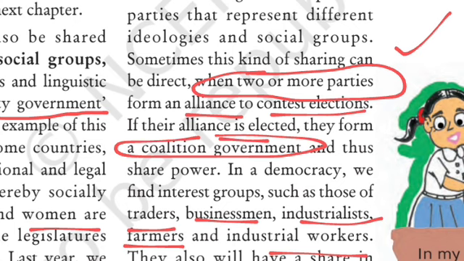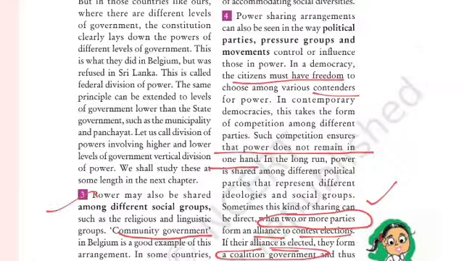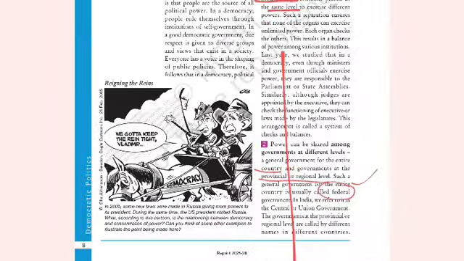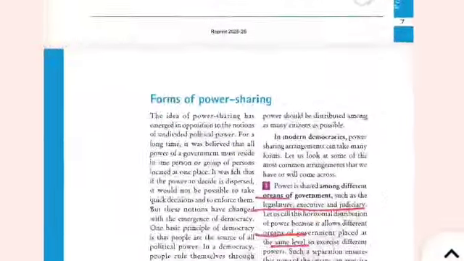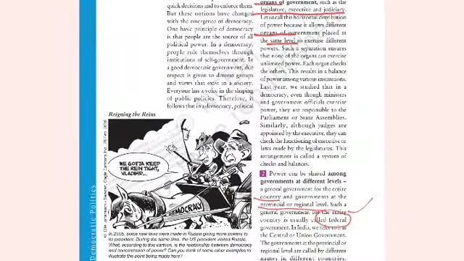So coalition governments, pressure groups, and parties can also make some changes, and they can share power among themselves also. In a coalition government, the parties have to share the power; the main party has to share the power among the various contenders, right? Otherwise they will reject that party and the majority will collapse. So it is a duty that power should be shared among every group. So these were the forms of power sharing in modern democracies, and this is again a question of 5 marks for your boards. And in this way we have finished the chapter on power sharing.